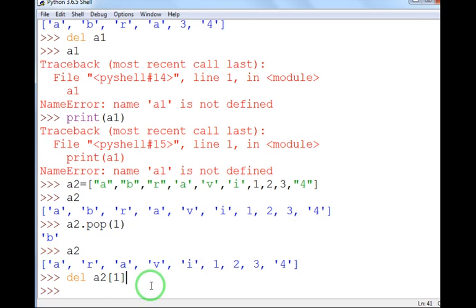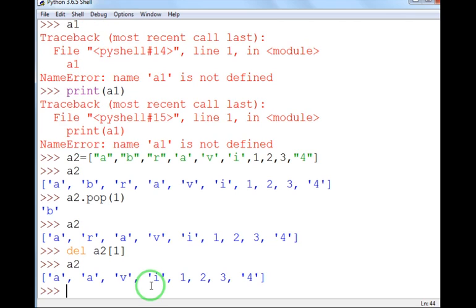So with the pop function you get an idea which value has been deleted. Now when you give this command, I will write A2. Now A has been removed with the help of the del statement, but it is not displayed which value it has removed. But the pop function returns the value that it has deleted. Now the del statement can remove a single element or a list slice or a subset from a list. The pop method can remove one single element, not the slice.